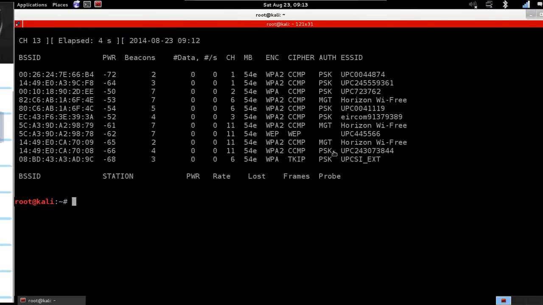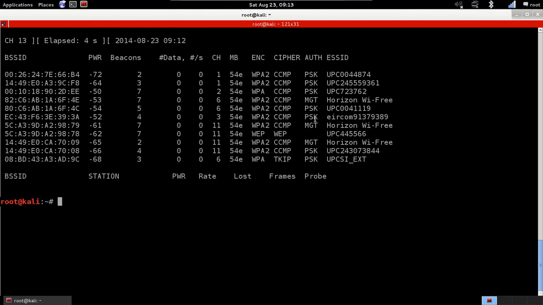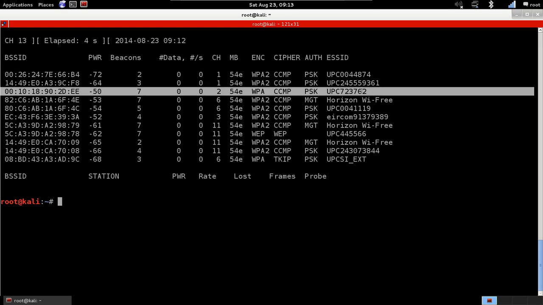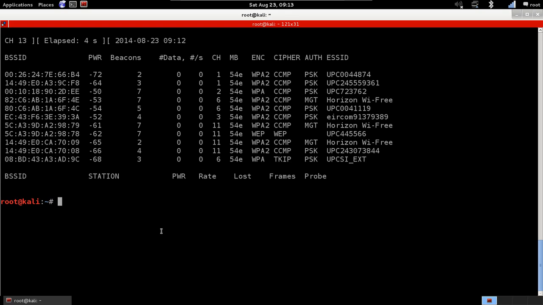So I have my output here from just running airodump-ng mon0 on all networks around me. And I'm going to target this network. So that's my home network, the UPC62. I'm going to start sniffing on that network only instead of sniffing on all networks around me. To do this, we're going to use the same program. So it's airodump-ng,